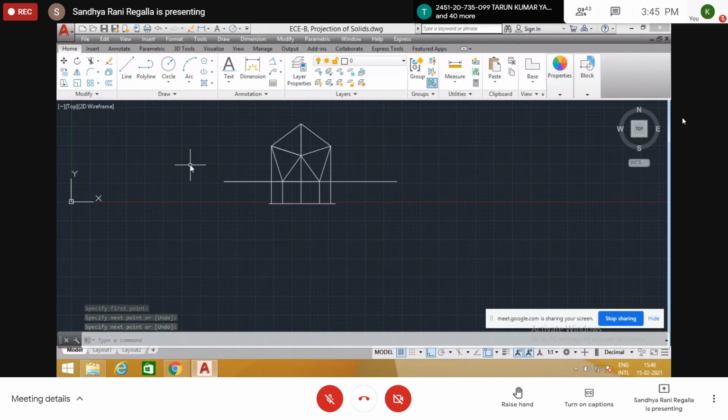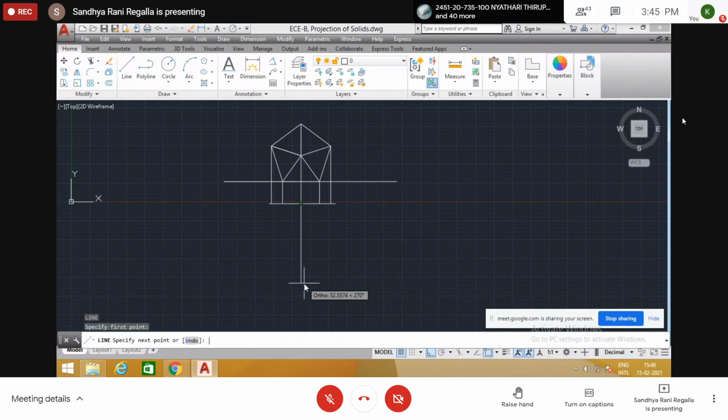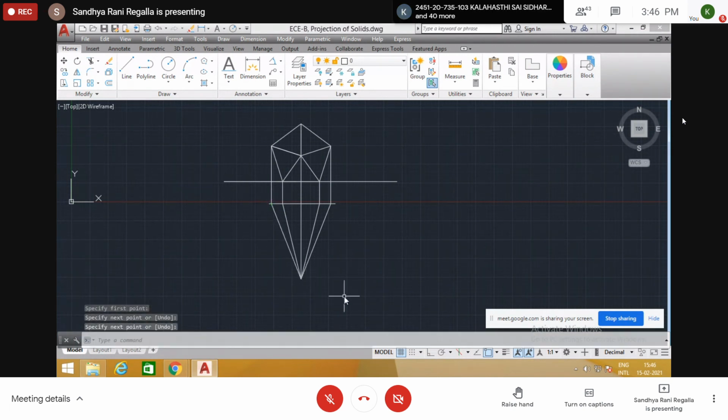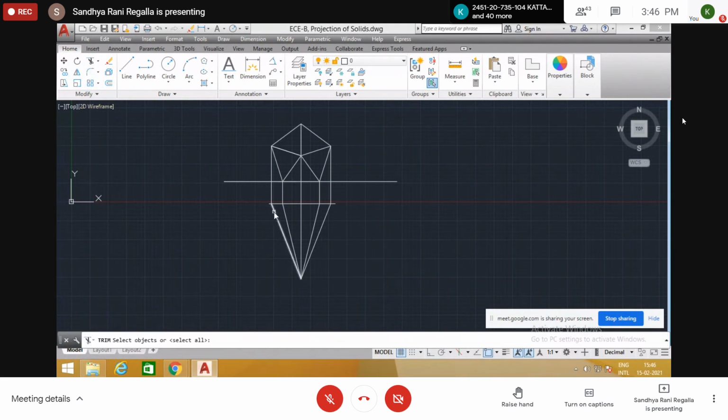Axis is 50 mm. So from here, you draw a 50 mm line, axis. Now join with ortho. Go to trim. This extra line you just trim.